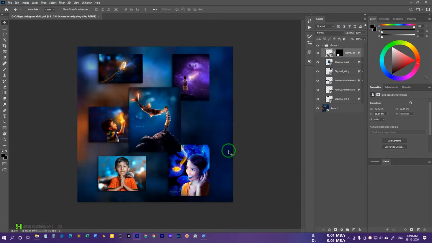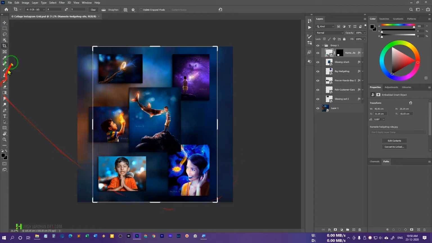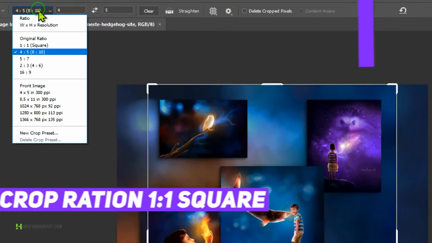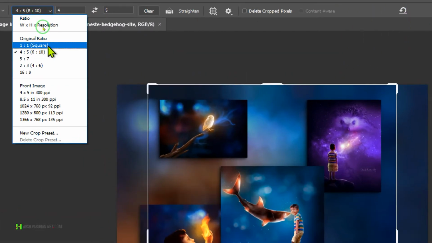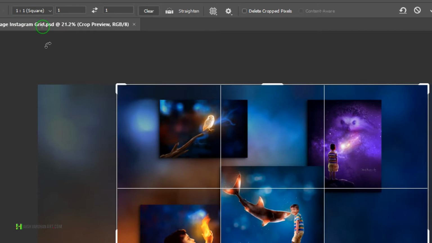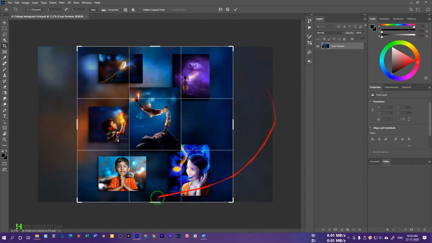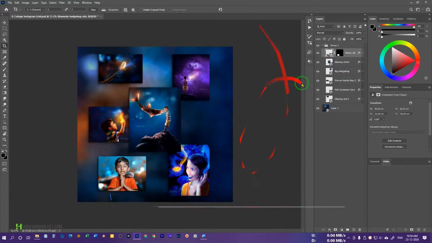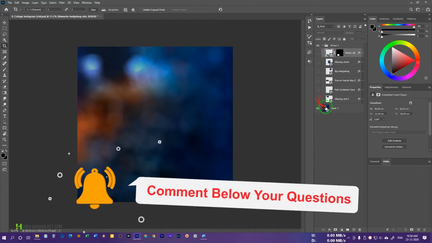So this is the image, and first of all what you have to do is press C to crop the image, and you have to crop with a 1:1 ratio, so that it is square. You can see that my image was a little bit larger, in the 9:16 ratio, but you have to crop it 1:1, otherwise it's not going to work. So I have cropped it to 1:1, and thereafter I have just used one background.